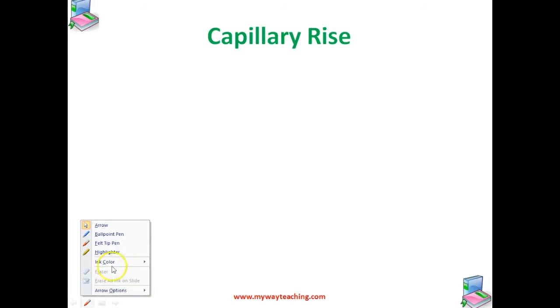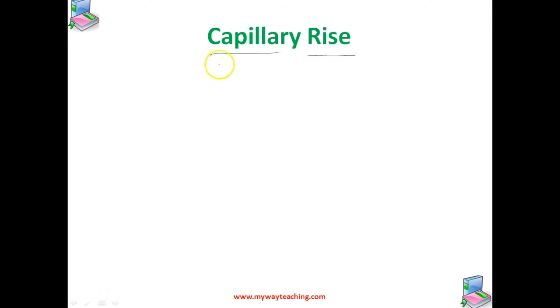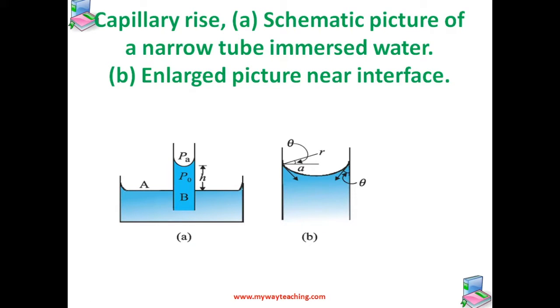So in this part we are going to study about the capillary rise. One consequence of pressure difference across a curved liquid-air interface is the well-known effect that water rises up in a narrow tube in spite of gravity. The word capilla means hair in Latin. If the tube were hair thin, the rise would be very large.